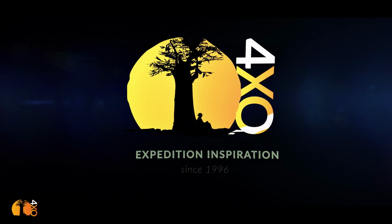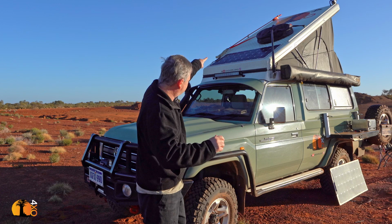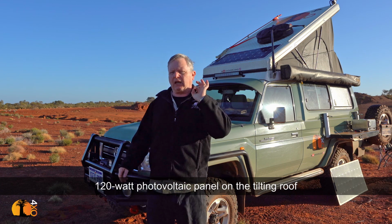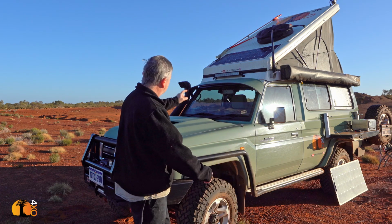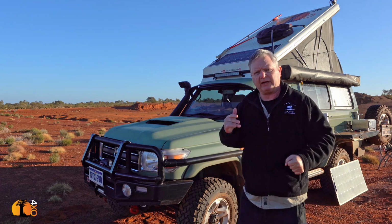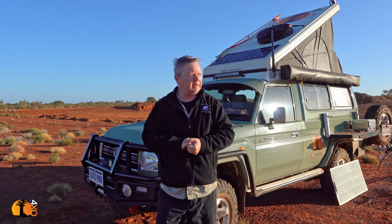Okay, first thing, when mounting it on a vehicle, where do you mount it? And as you can see now, I've got a panel on my roof. Cool, eh? 90 watt. That is the claimed wattage of the manufacturer. I'll get more to that later. 90 watt. But when I arrived last night, there was a wind blowing, and so I faced the vehicle into the wind so I would have a more comfortable night. But as you can see,